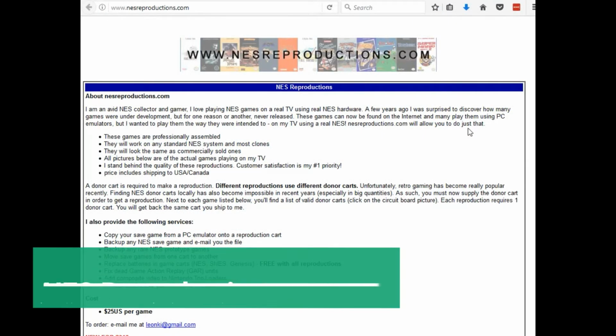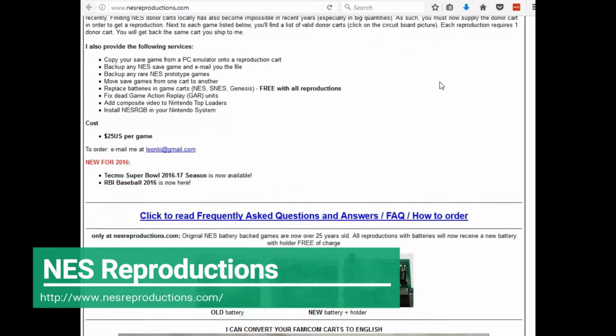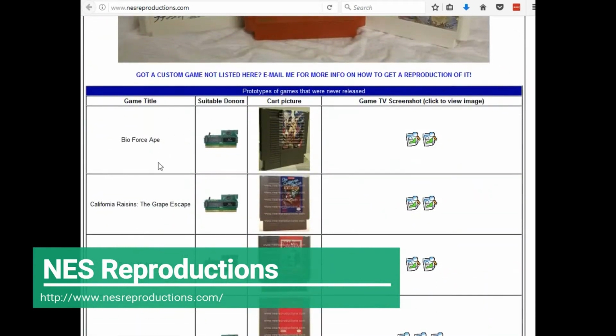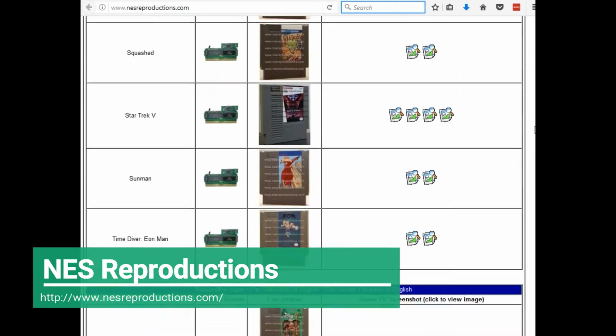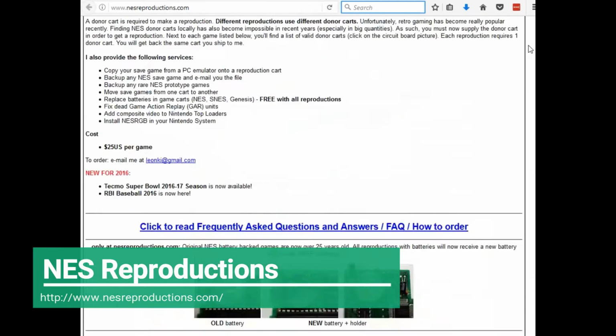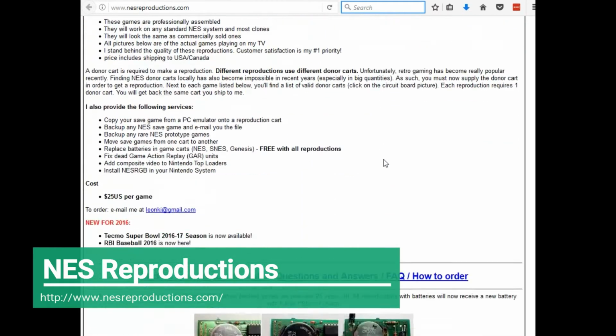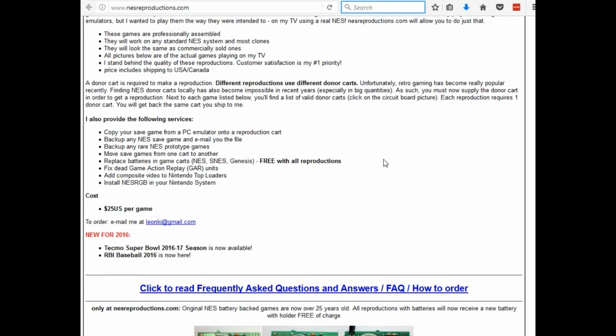Next up, I came across this website, NESReproductions.com, and he does a couple of services. If you mail him an NES cartridge, he'll put on these hard to find games, and if you want it on an actual cartridge, there's a list down here on his site, and he'll do that for $25, depending upon the game. And then other services that he provides is he will copy your save game from a PC emulator